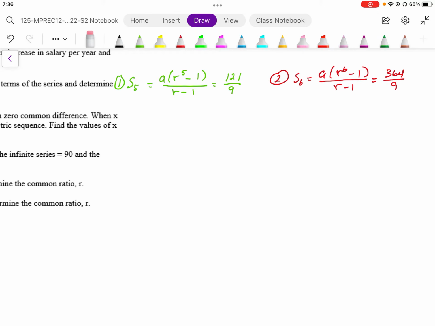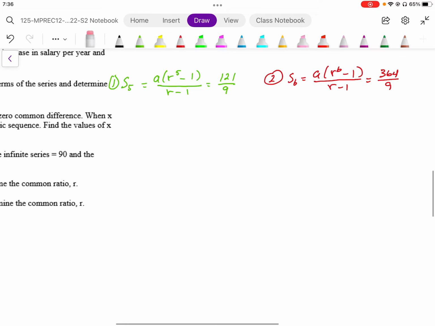and we've expressed S5 in green and S6 in red. And we're going to solve this as a system of equations, and we're going to do this by substitution. So I've got two variables. It's going to be way easier to substitute for A. So I'm going to isolate A and substitute it into the other one. So I'm going to make A equal to